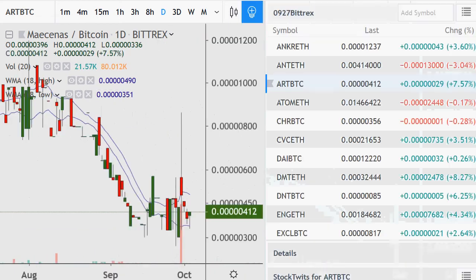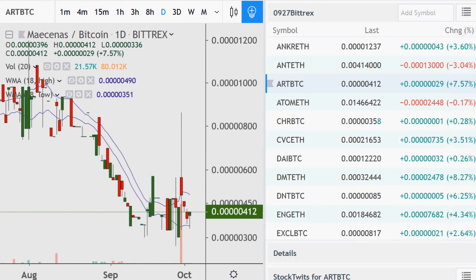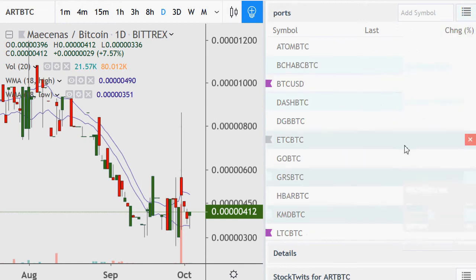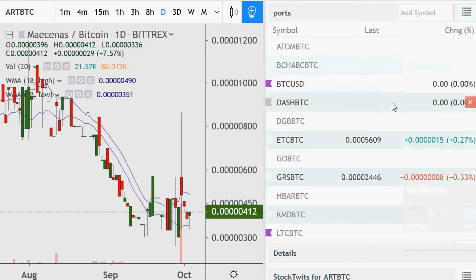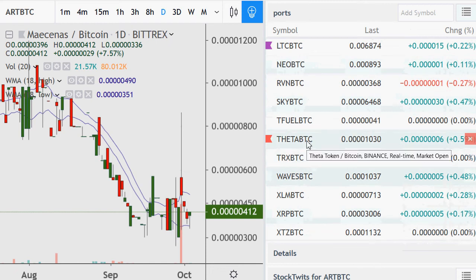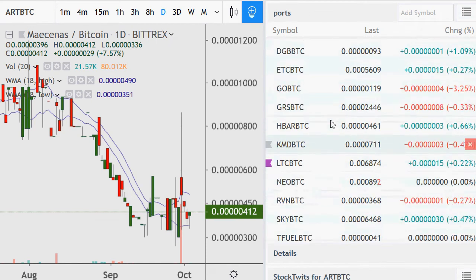But what I can do also is I can add another list of what you, the people, would want to see. Of course, don't pick anything that's on this list here. Now, codes is like whatever, all this stuff, but like gold, silver, a bunch of other stuff. But like all of these coins, don't say, oh, I want to see Theta against Bitcoin. I'm already showing it. No, don't say Ripple. Don't say Litecoin. Don't say Go.